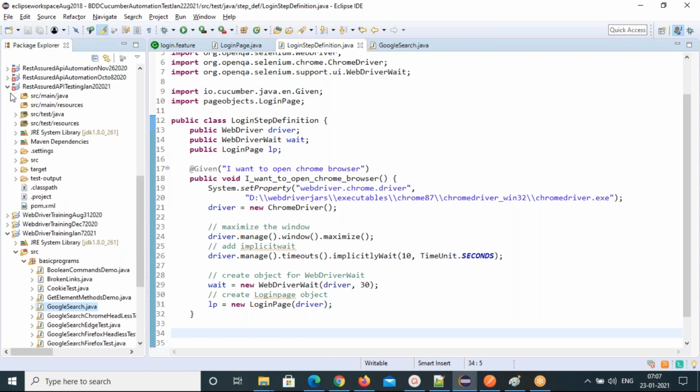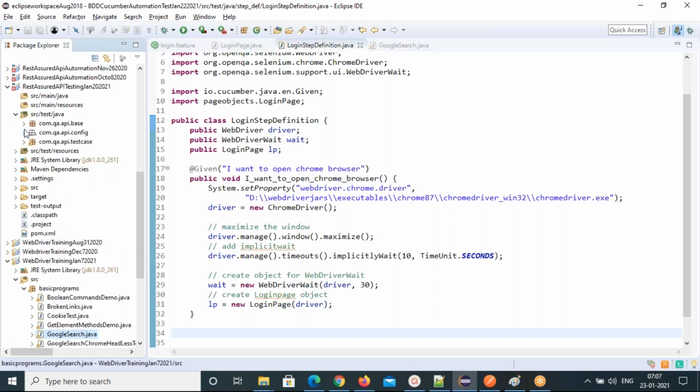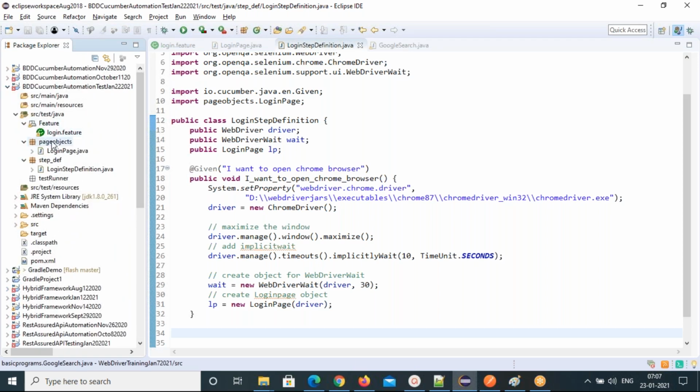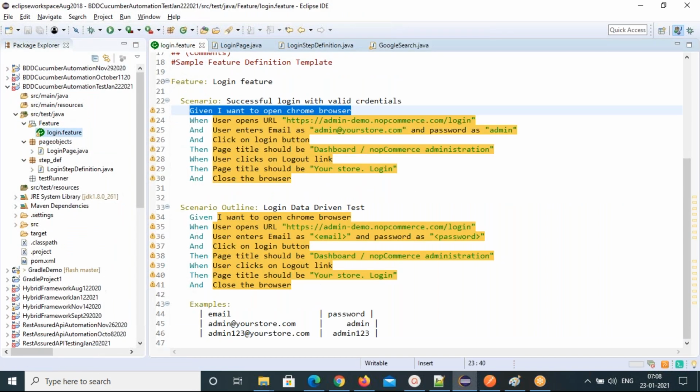Now the same you do for the second step. What is the second step? First step is done. I'm going for the second step. So you go to the second step. What is our second step? User opens the URL.